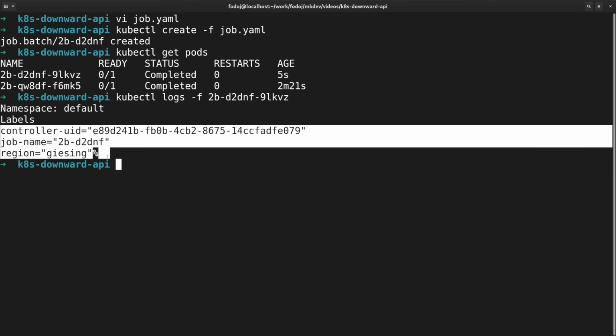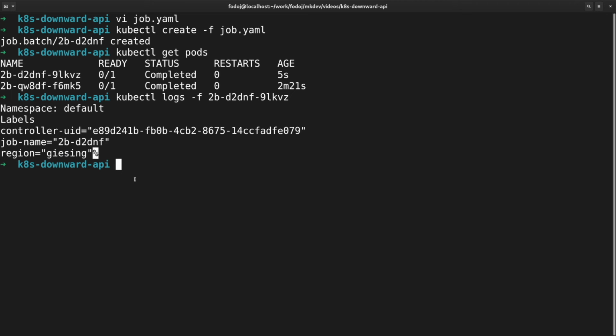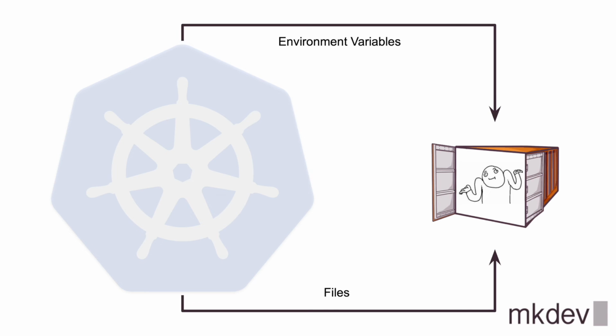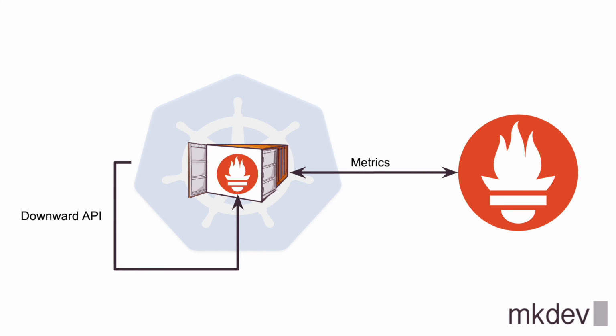The Downward API allows you to get a lot of useful information about the pod into your application without your application being aware of Kubernetes, because the Downward API works via environment variables and files, the two sources of information that any software can understand. As I mentioned, this feature might not be required every day, but there are certain use cases for it. The most popular use case would be to increase observability. You can pass all of this metadata to the monitoring sidecar, and then it will enrich your metrics or logs with extra information about the environment where the application is running.